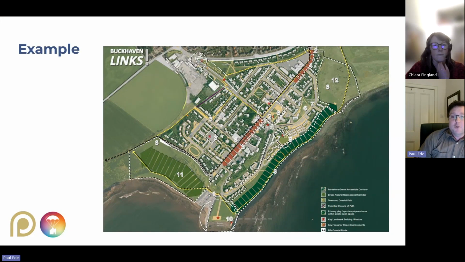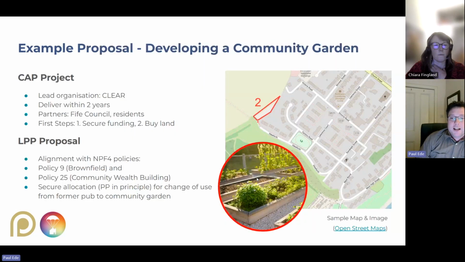So we need to come up with an overall map of our chosen area, which makes clear where the different proposals are going to be. And ultimately, what we're trying to do with each proposal is something that could be as simple as this, which is lay out a vision for a particular project,